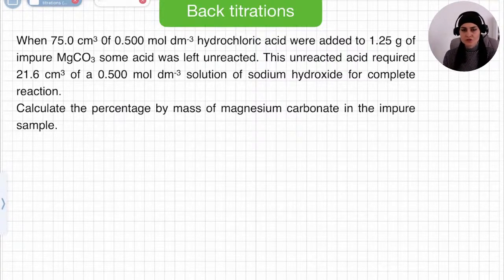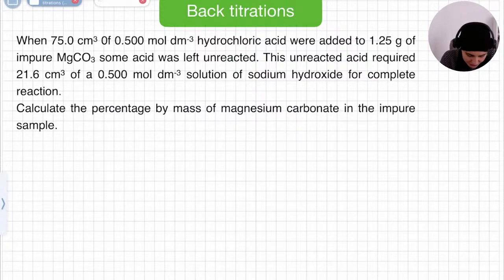Hi guys. So today, as I promised last time, we will be doing back titrations. Last week we did simple titration questions. This time we'll be doing more complicated back titrations. I will not explain what back titration is in general. I will explain it using an example question. I think that's the fastest and most efficient way. So let's just dive into it and I'll show you where this back titration thing is happening in the